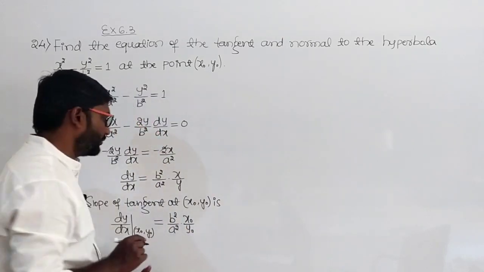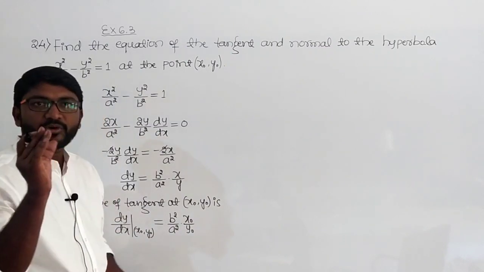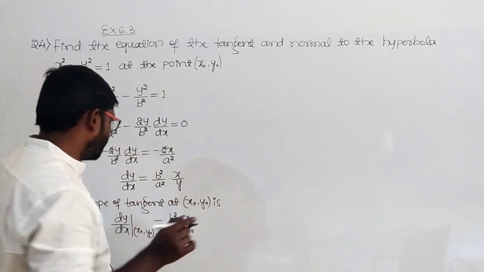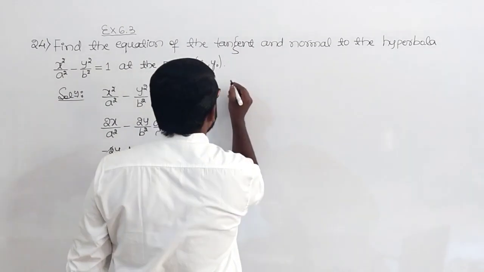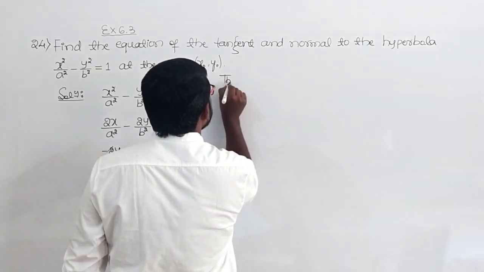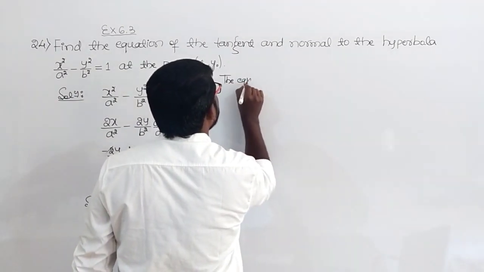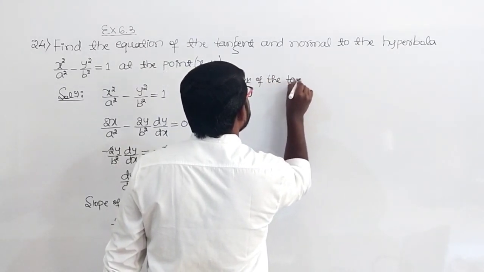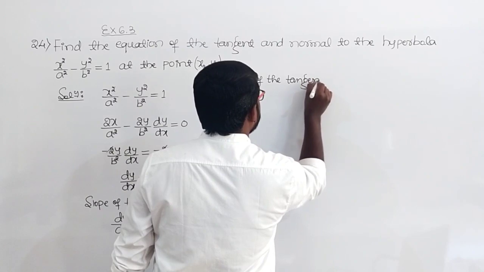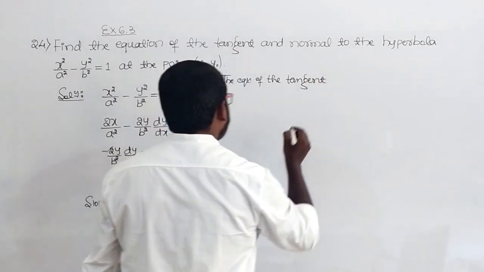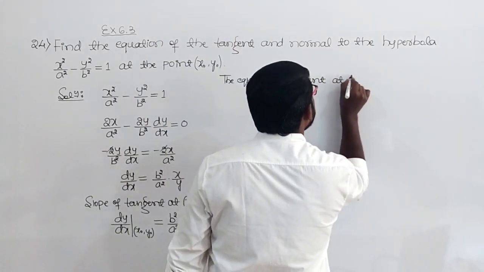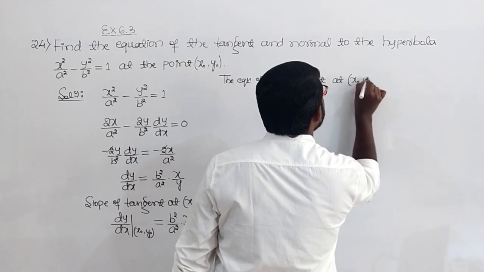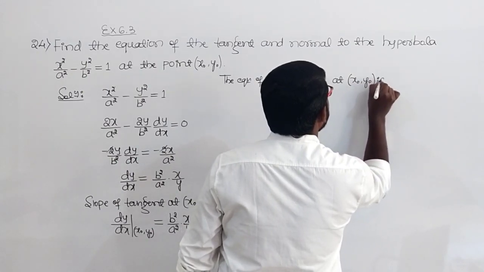So we have got the slope. So with the help of the slope and the point, we can find the equation of the tangent. The equation of the tangent at x naught comma y naught is